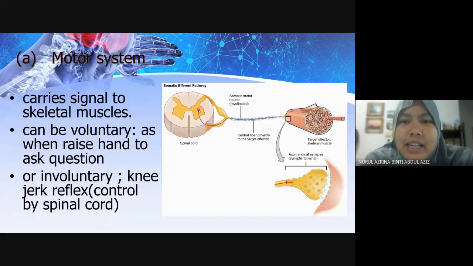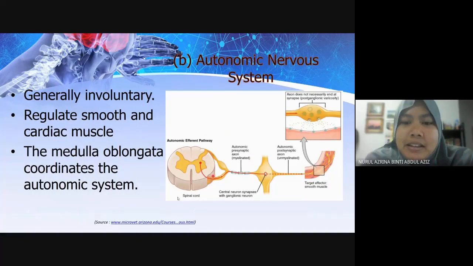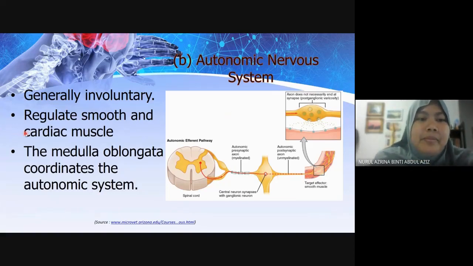Somatic has only one neuron at the efferent pathway. Look at this, at the efferent pathway there is only one neuron. As for autonomic, you can see there are two neurons at the efferent pathway. One, and here is two. Next, the autonomic nervous system regulates smooth and cardiac muscle, and usually they are involuntary, and